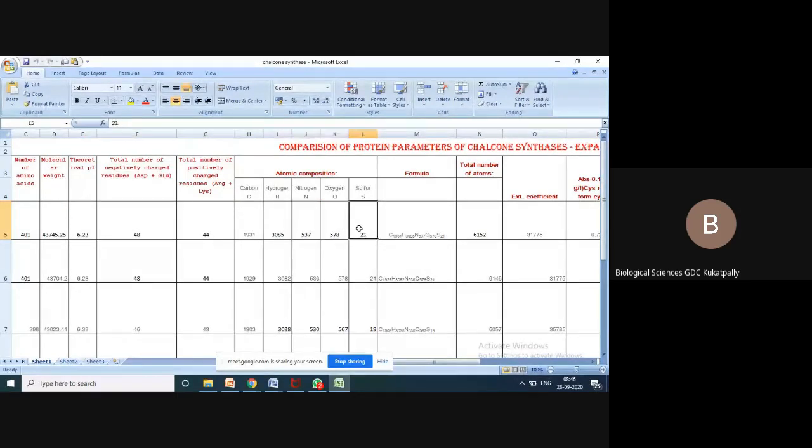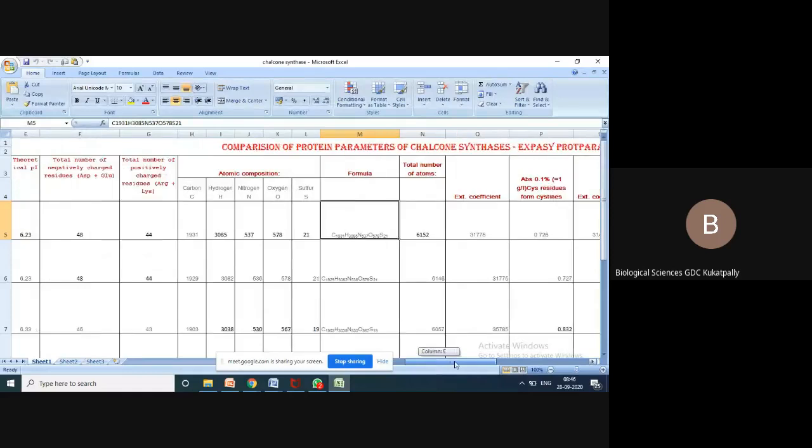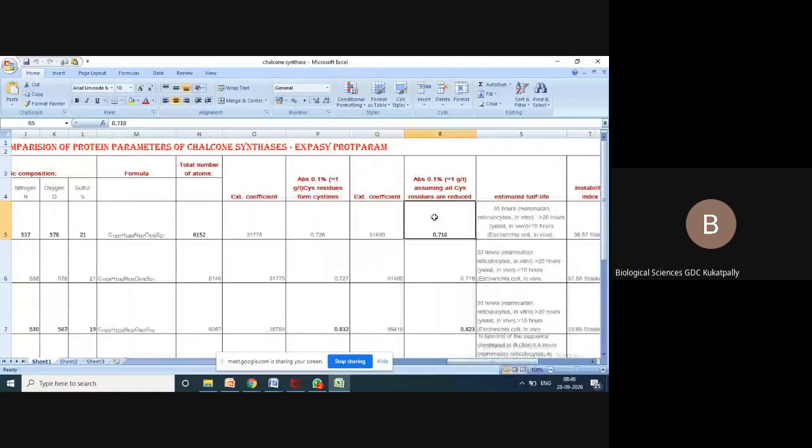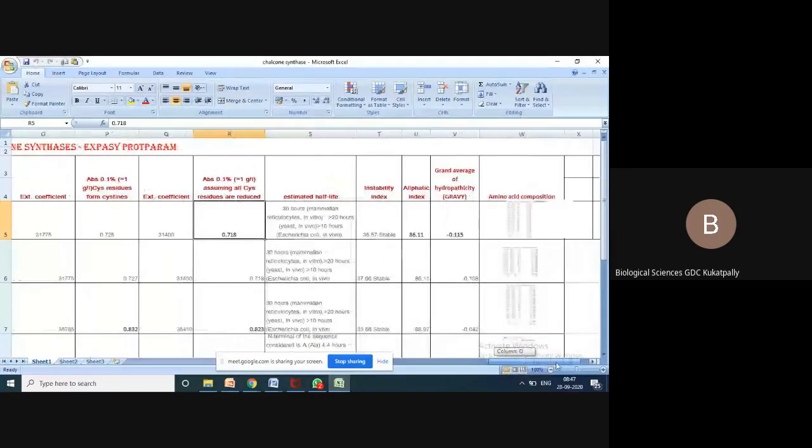But you should work on a computer for some time. Please let me know who all have computers, and I will allot to them. Everything you should check and paste here. This amino acid composition I have not taken actually. For this maybe we can take a different table. I will make a different Excel sheet for this amino acid composition. Till the hydrophobicity or hydropathicity index, I have made this table.